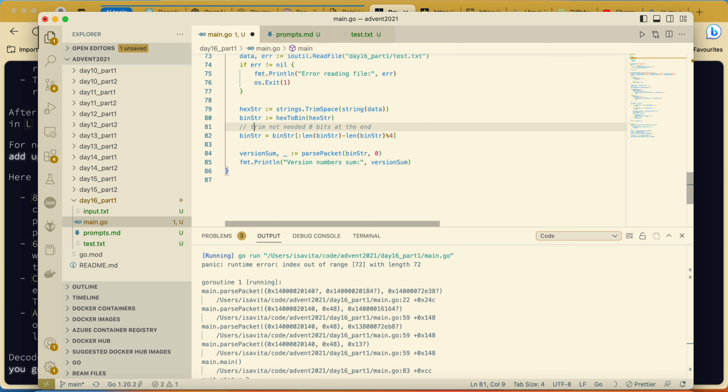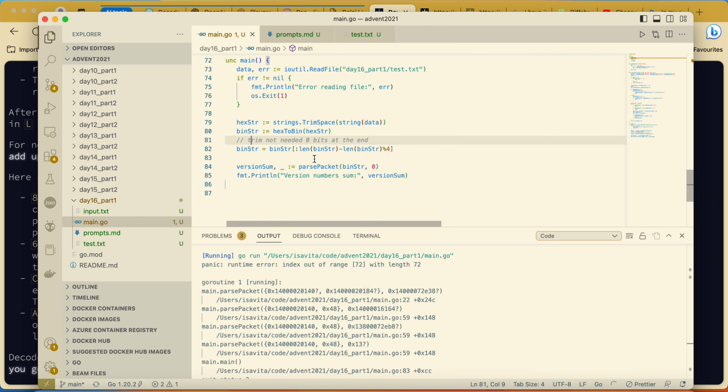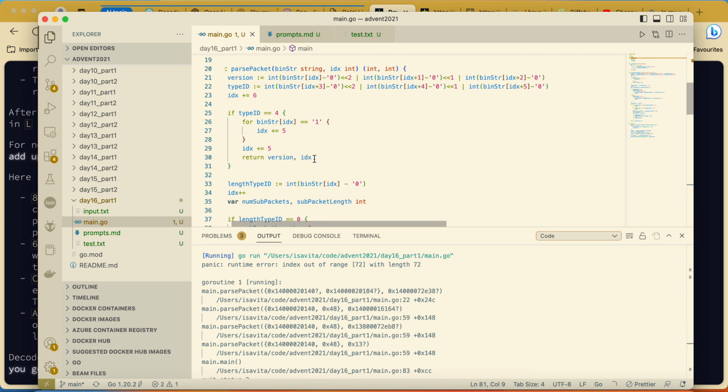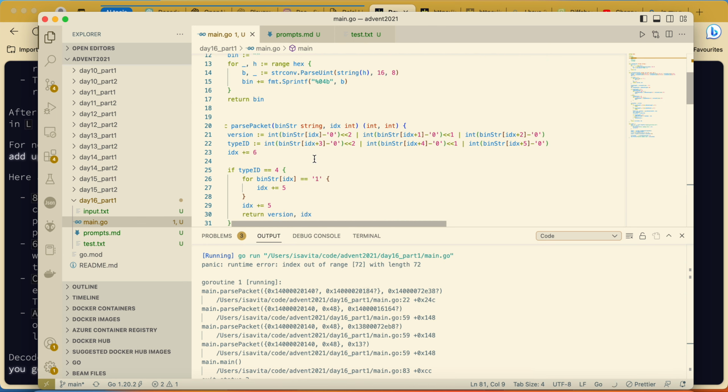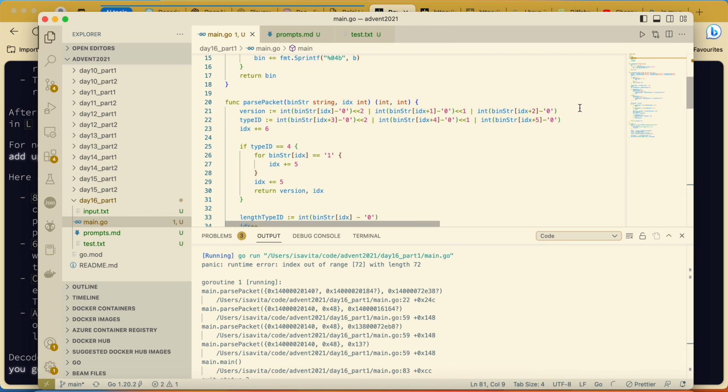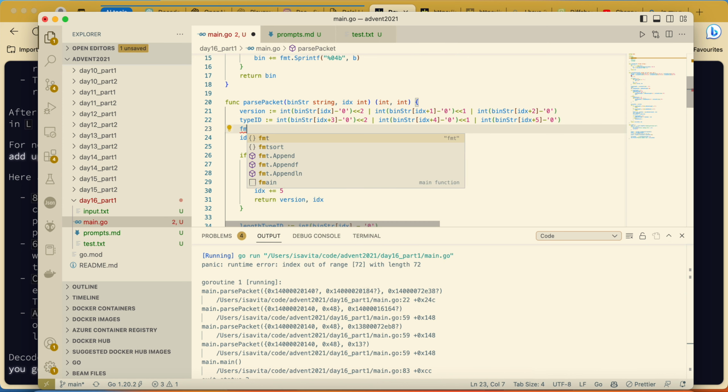Again, in this case I don't think that we need that, but okay, let's see how the parsing is going step by step.